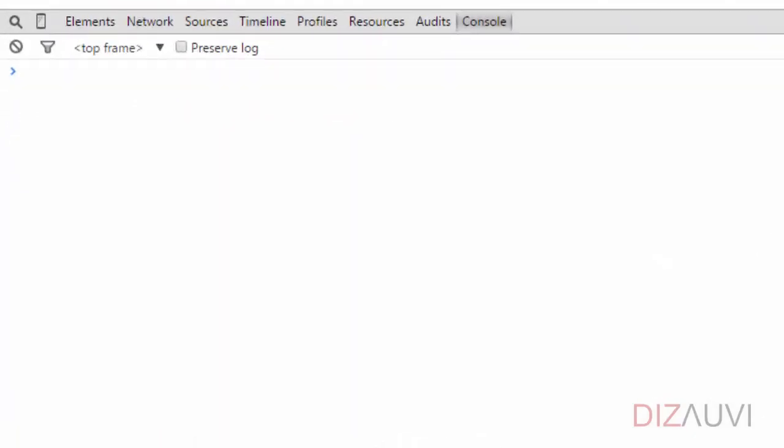Open the console window in your browser and type in var car is equal to open curly brace. Then we write the name of a property, say color, then a colon, and now we need to write the value for the color. So let it be red, which is a string. So we need to wrap it with single or double quotes. And then we close the brace. Alright? And that's our JavaScript object.